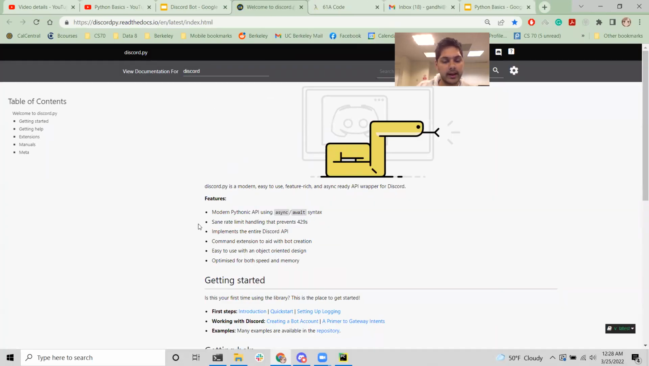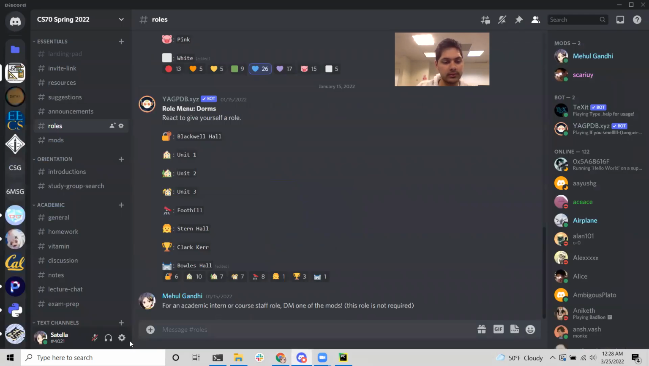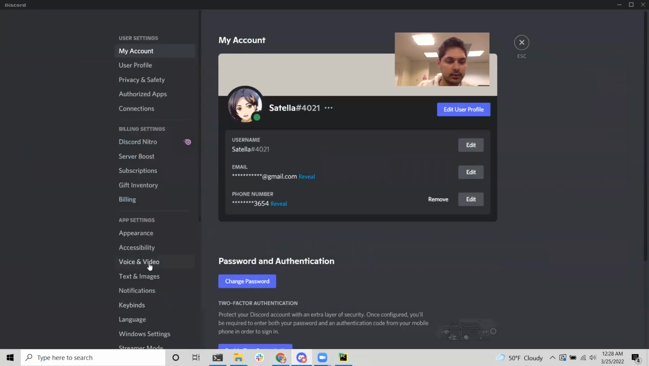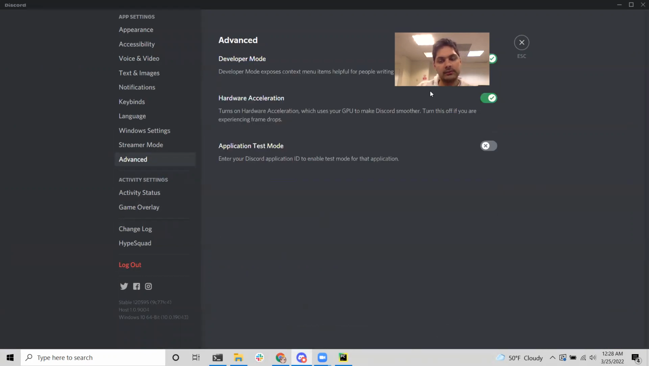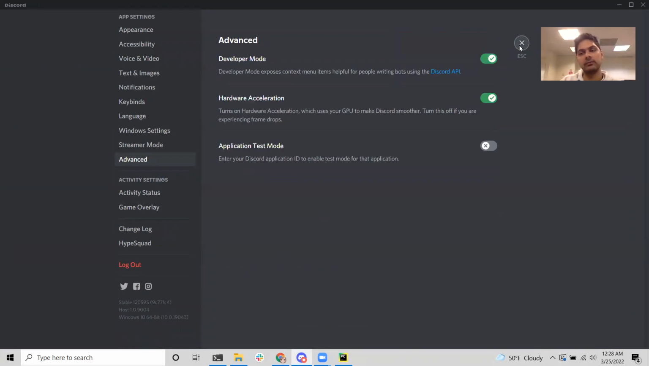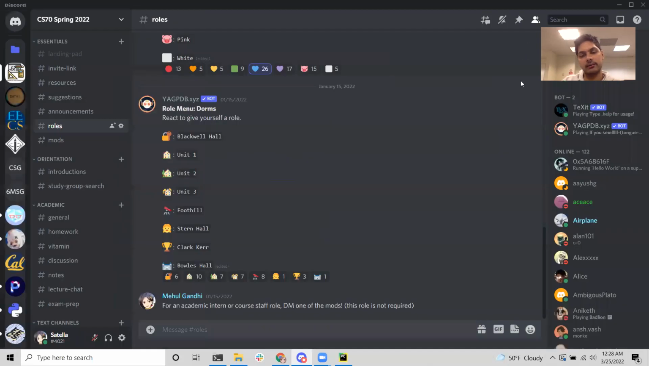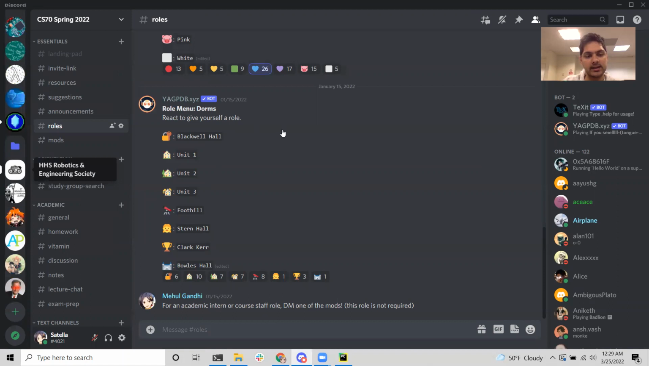Along with that, what you're gonna want to do is go to your settings, go to advanced, and make sure that developer mode is toggled on. We want to use this because when we're just beta testing or whatever,